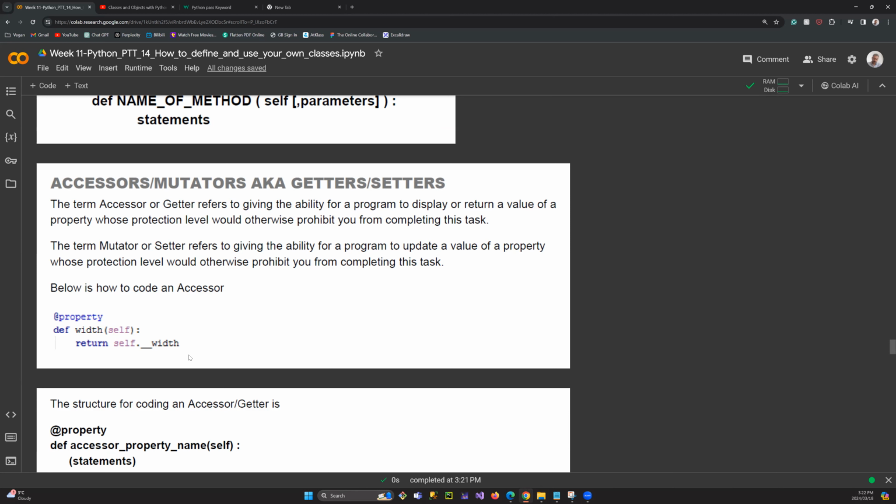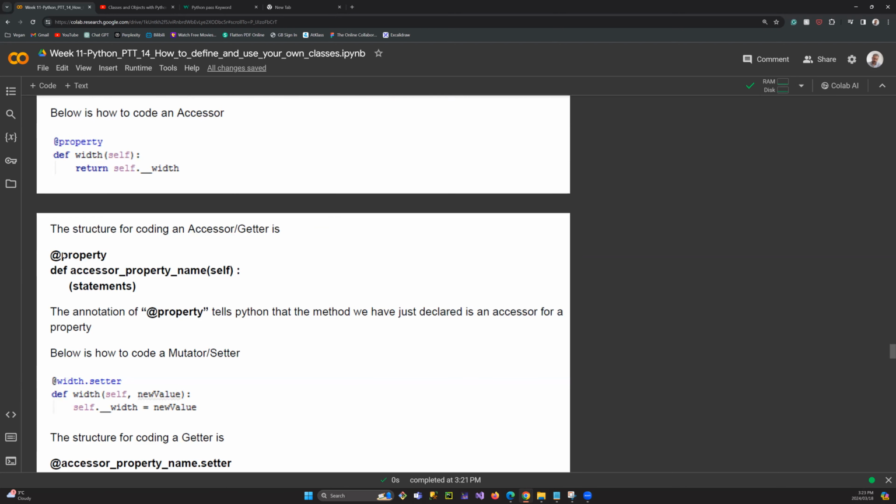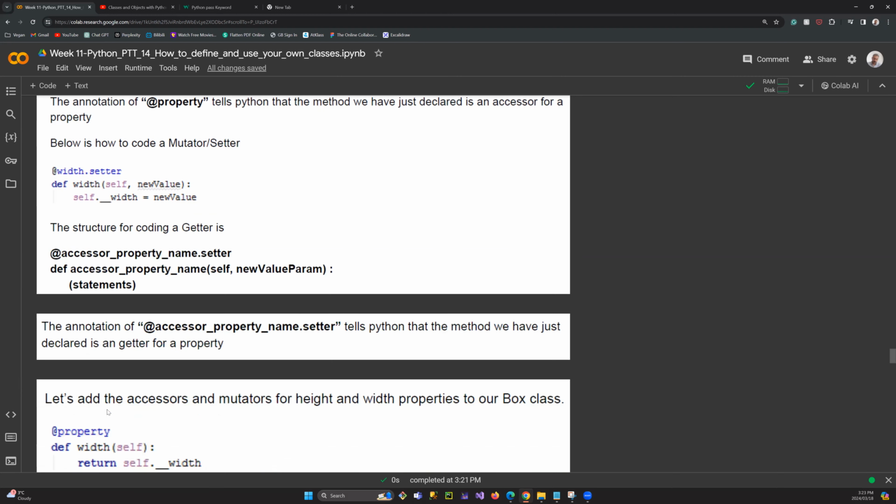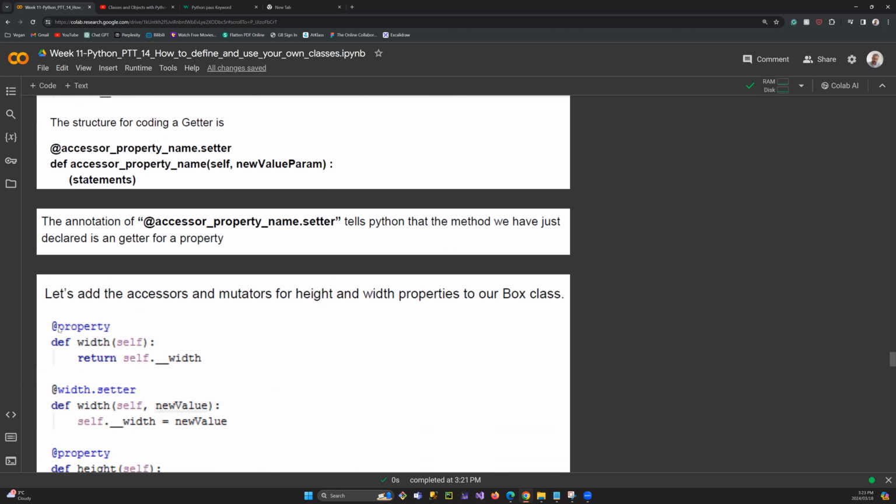You can have control over the content by doing something like accepting or not accepting. For doing that, you need to say property. And look at the things that we have here. We use the @property sign, and then we are going to get the new value from the user. Don't forget to have self, and it's going to pass it into the self.widths. Do you see that? And look at the other thing. So we have two things. One is property,